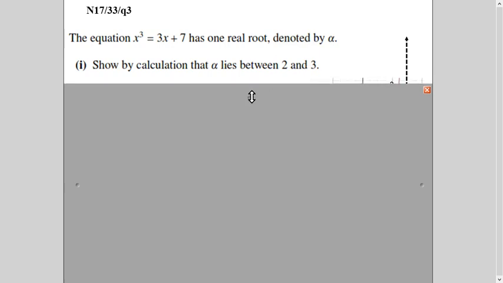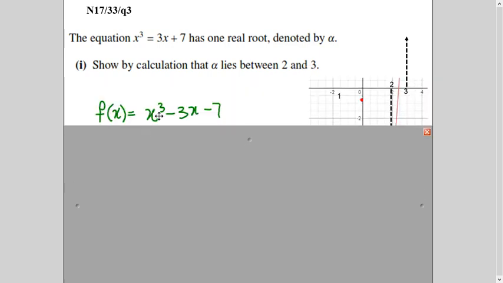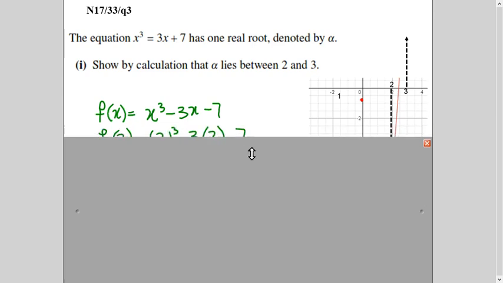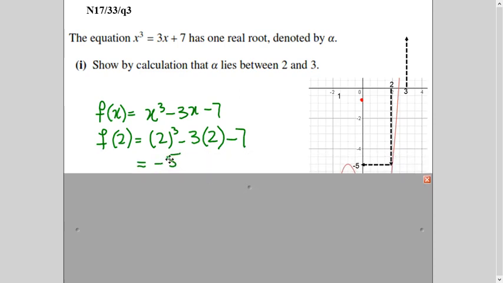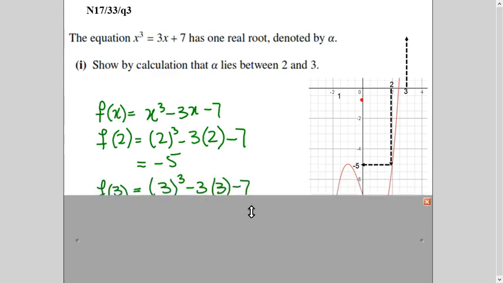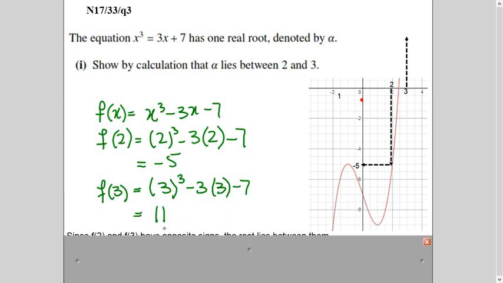So the technique is, I will focus on the left hand side first, then I will explain with the help of a graph. So it's a visual explanation. This function which is given to you, you bring it all on one side. It's a cubic function and plug in 2 in it. When you plug in 2, you will get a number, either positive or negative. In this case, it is negative. When you plug in 3, the answer should be of opposite sign. So when I plug in 3 in this equation, I got 11.